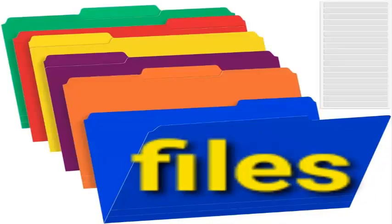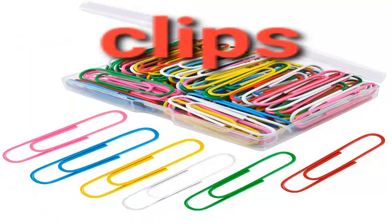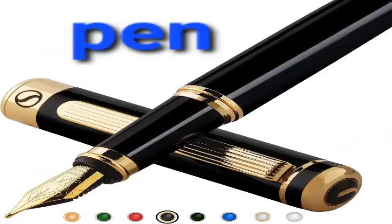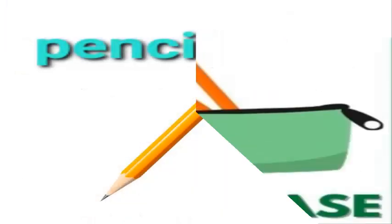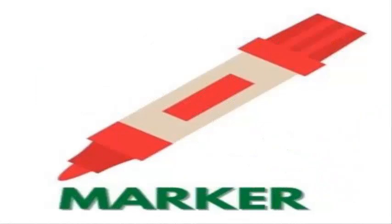files, folders, clips, pins, ballpoint pen, pencil, pencil case, colored pencils, marker,